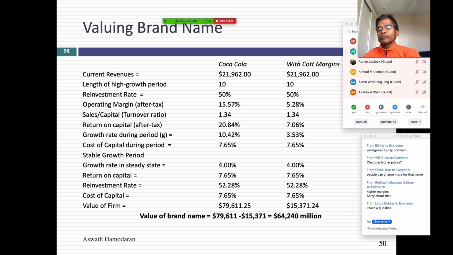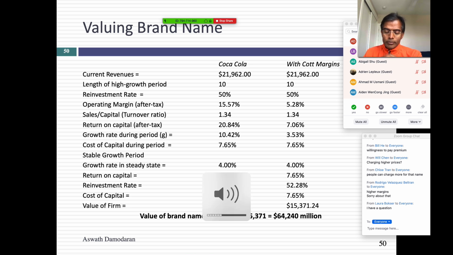Laura, what's your question? So when you're considering valuing a company's brand name, what if they're not the number one company in that industry, but they're a close runner-up? Here's what you can do, because you don't compare it to the first company, right? You're comparing it to a generic company. So the first thing I'm looking for, let's say you take a beverage company. Coca-Cola is number one, Pepsi is number two. But Pepsi's margins are like 14%. I would still get a brand name value for Pepsi with a 14% margin. It'll just be lower than the brand name for Coca-Cola. RC Cola's is 10.5%. That's still higher than the 5%. So it'll be a gradation of brand name values before I get down to zero.